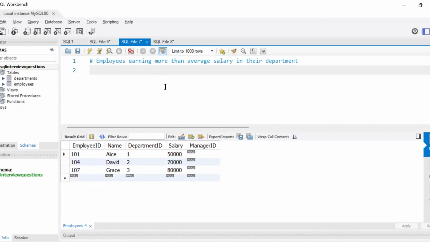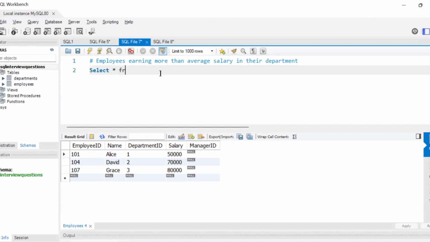So we are going to solve this particular query with the help of correlated subqueries. It's a very important concept and you guys should know this concept in order to crack the SQL question, because I've seen a lot of interviews, they asked one or two questions on correlated subqueries also. Okay, so here